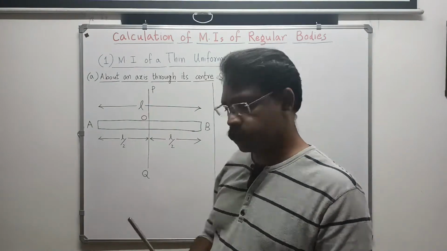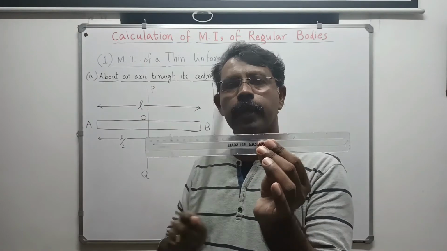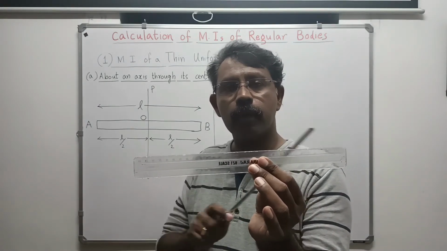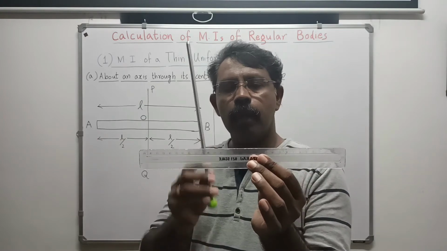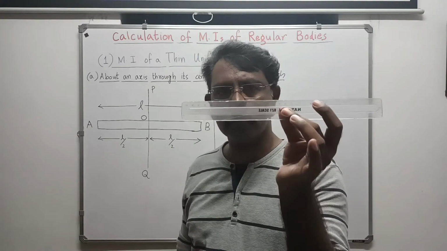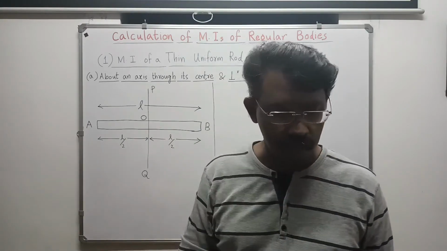I have drawn it here. This bar AB is of total length L, and I have an axis passing through the center. How will you calculate the moment of inertia of this body? That is our first problem. So, going to that,